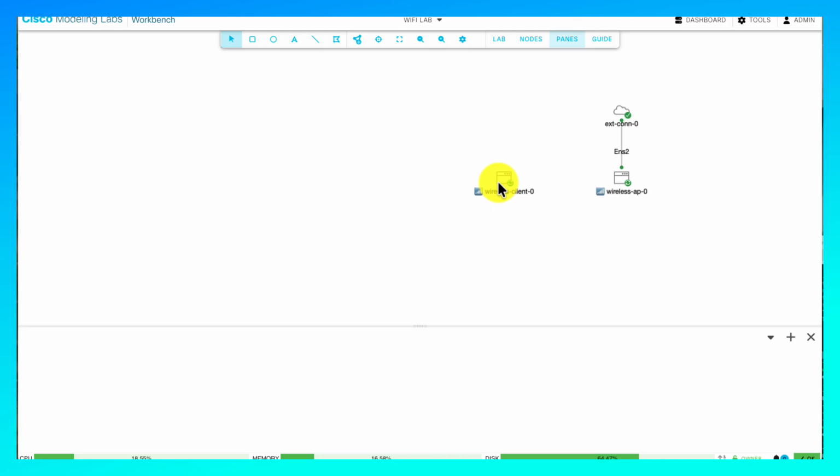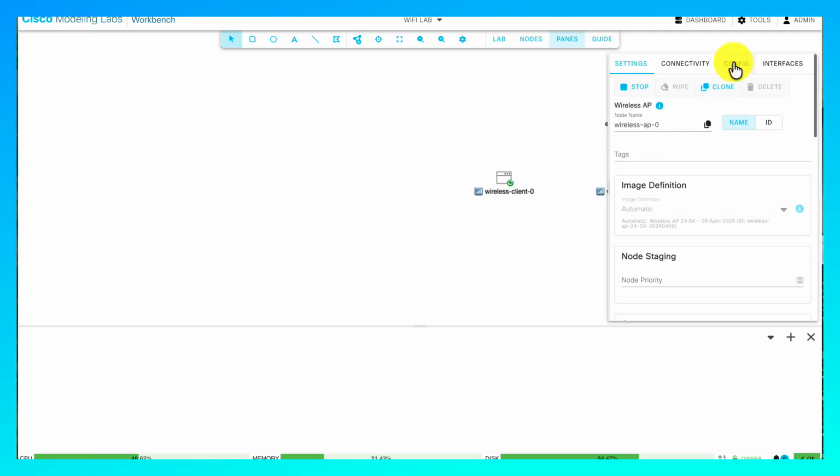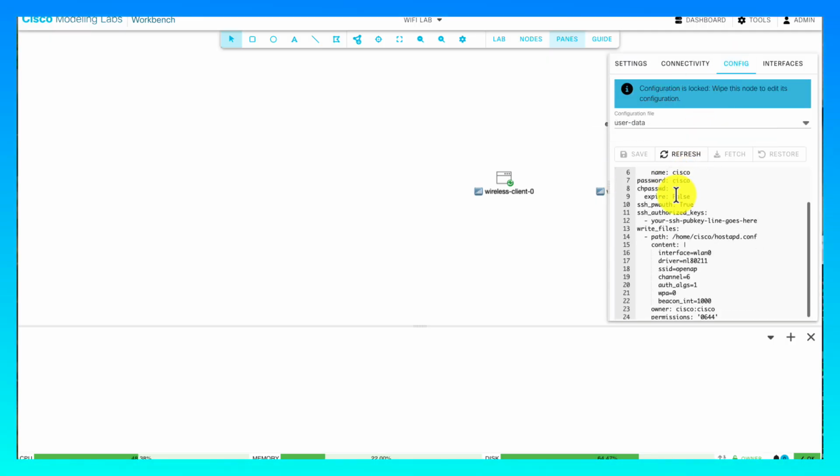These are Ubuntu nodes, the wireless client and the wireless AP. So in CML 2.10, we're shipping general open source wireless with a hostapd based access point and a WPA supplicant client. Take a look at the config really quick. So on the AP, you'll see that by default, there's just a basic